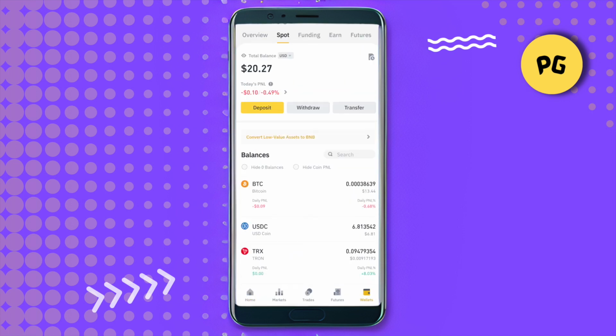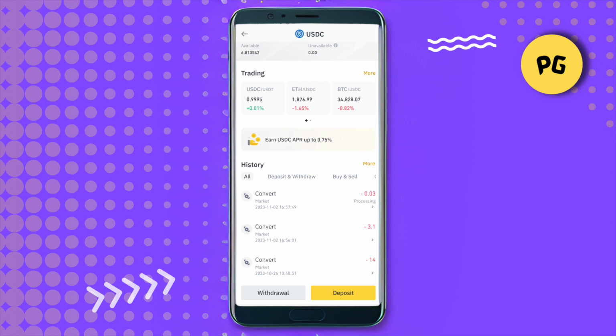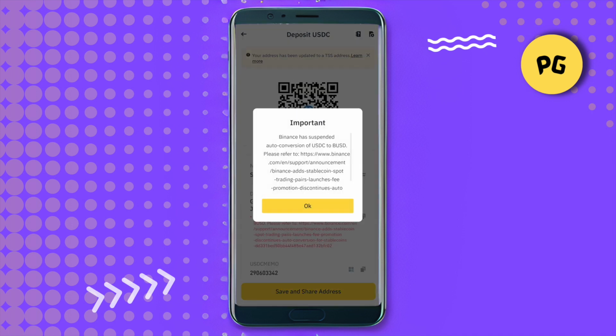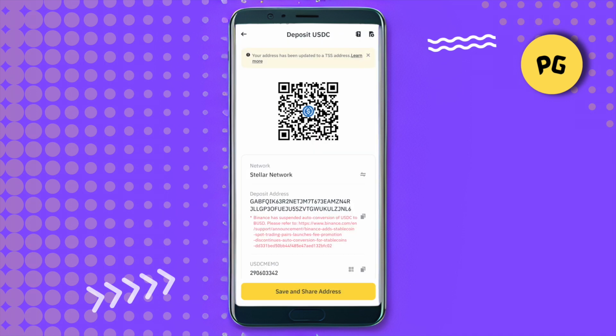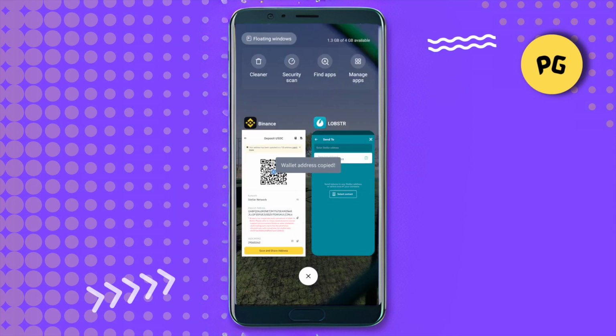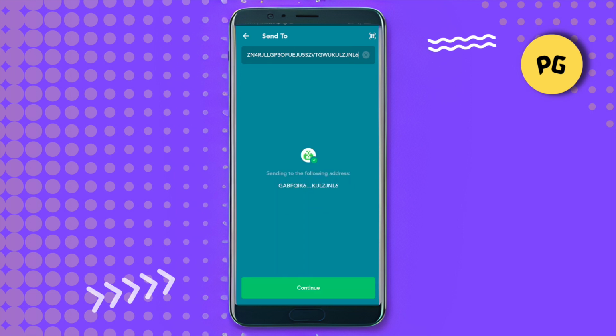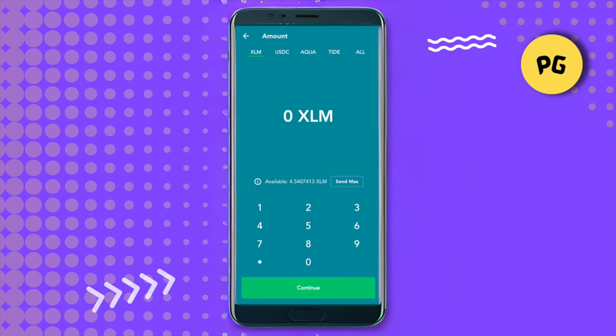and over here you need to open up your wallet, then go to spot wallet and select USDC, and on USDC just click on this option of deposit, select network and click OK. After that just copy this particular address and go to the Lobstr wallet, paste the address, click on continue, select